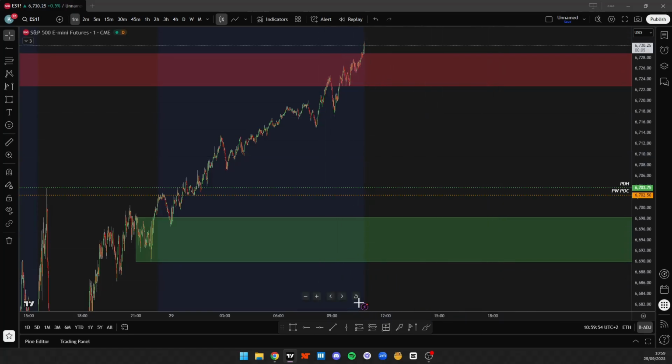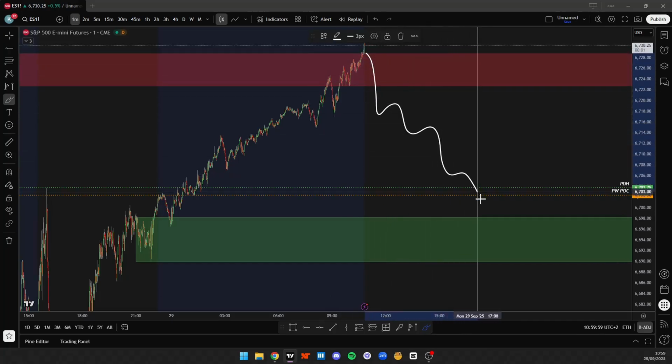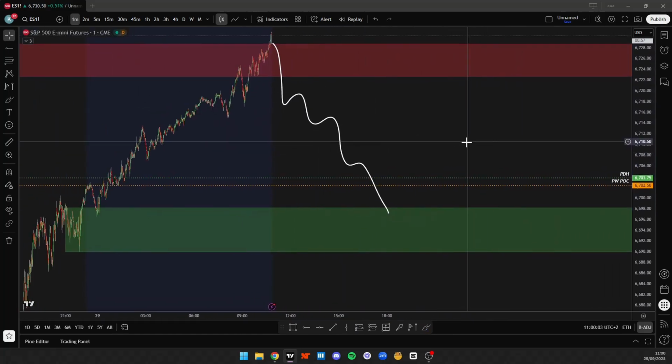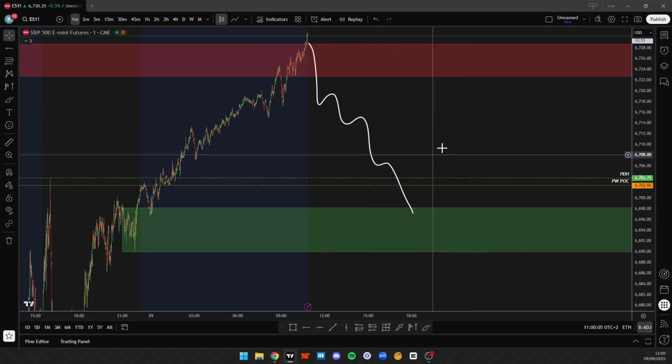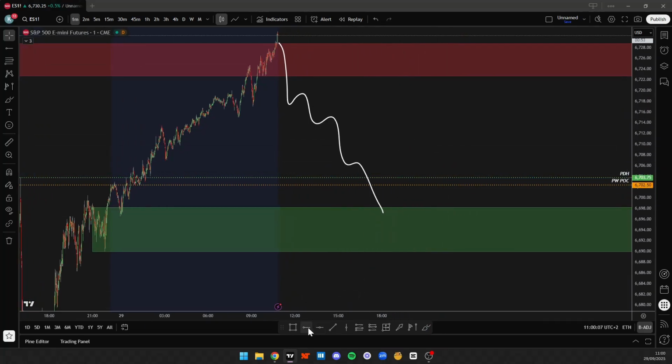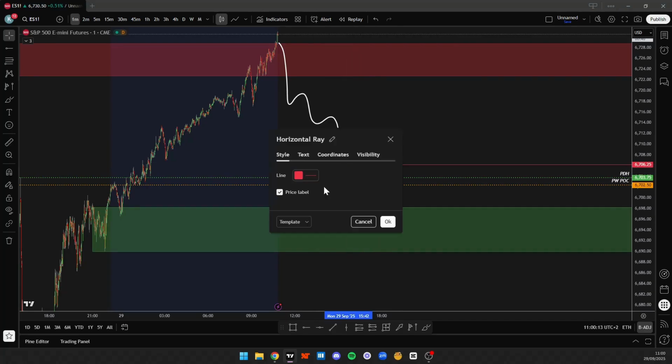So if price would come further down like this, it would come to our level, then we can establish targets. Now obviously this price action right here doesn't exist, but if there was any price action right here and price was close to our demand level, well, I would just very simply be marking,